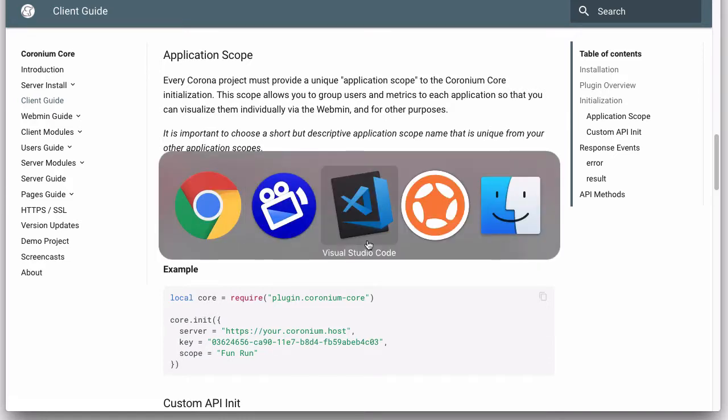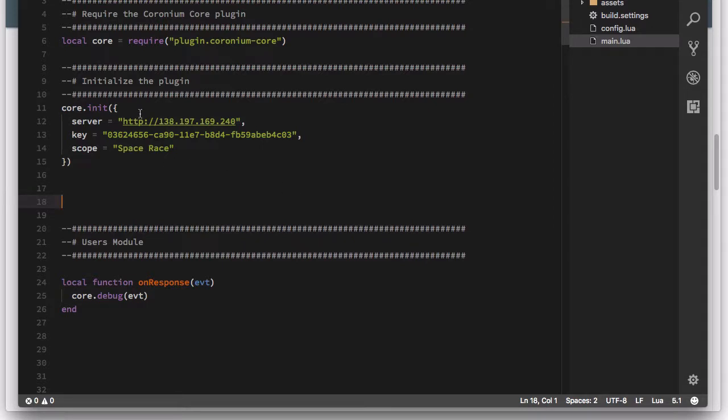We're going to jump over to the code here. And here in my basic Coronium project, I have a new key that I can put in called scope. And here you can just place a unique and simple name for this application that you would like to use to kind of quarantine off your users and metrics. So in this case I've used this one, space race is what I'm calling this one. So from here on out, any users or metrics that I collect are all going to be scoped to this